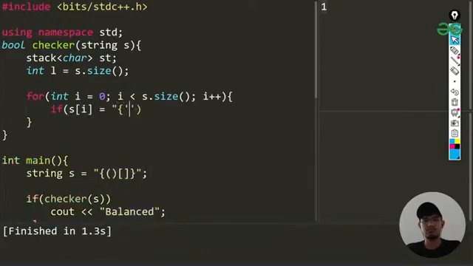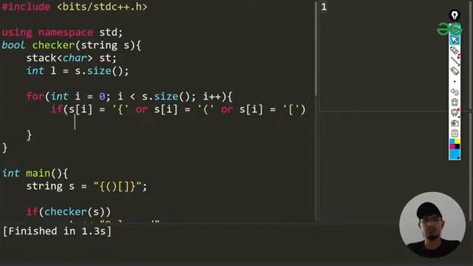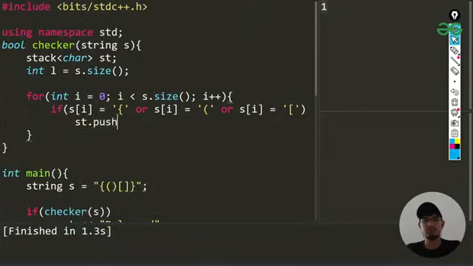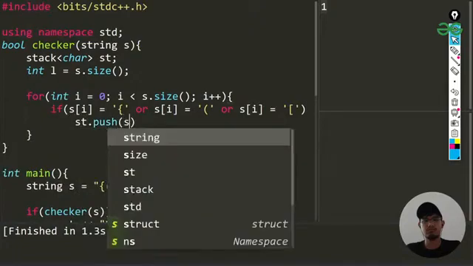Instead, if it is a single character, we'll be using single quotes only. So you can see we are using single quotes, and in this we are pushing all these elements. Let me copy this for all, the same thing for our parenthesis, and the same thing for our square bracket, I think this is a box bracket. Whenever we are dealing with this type of bracket, we'll be pushing those elements in our stack. So we'll be pushing this element, st dot push of s of i.